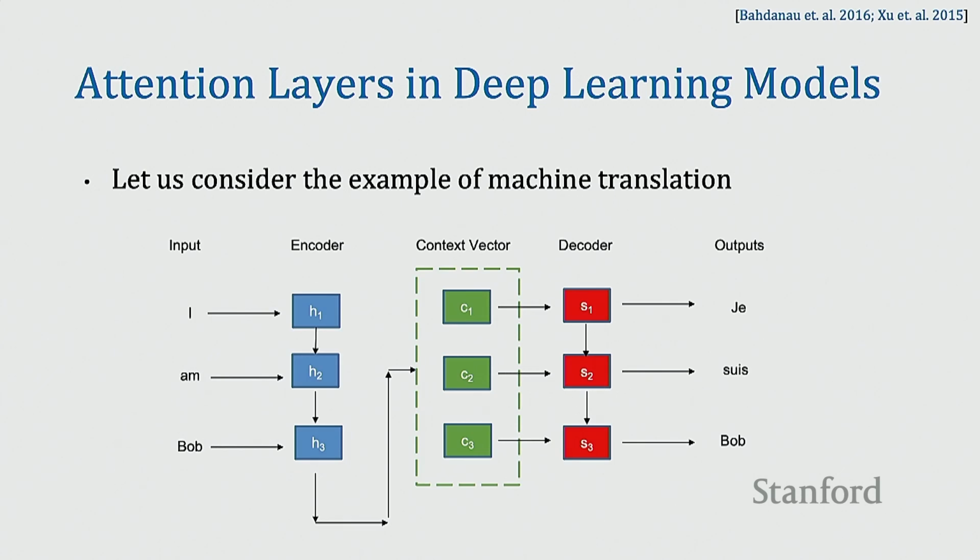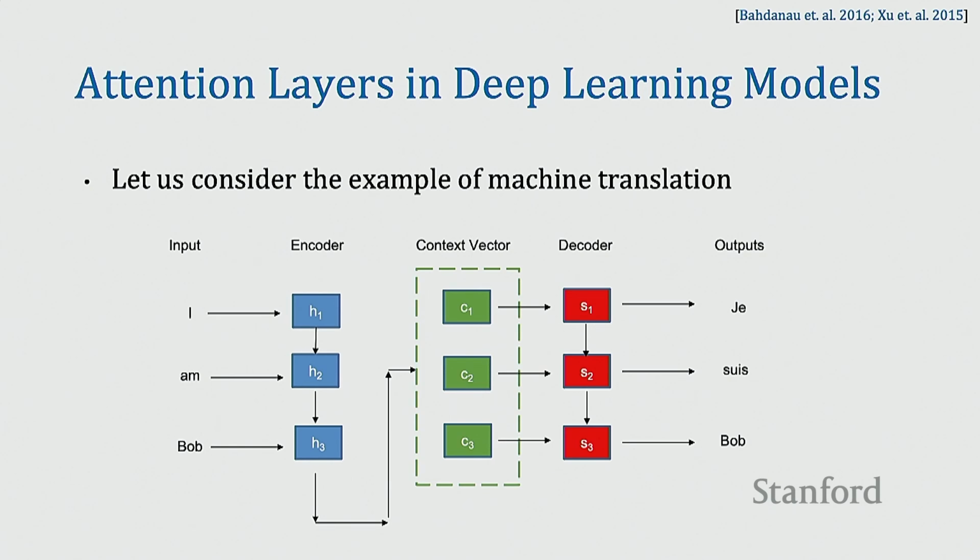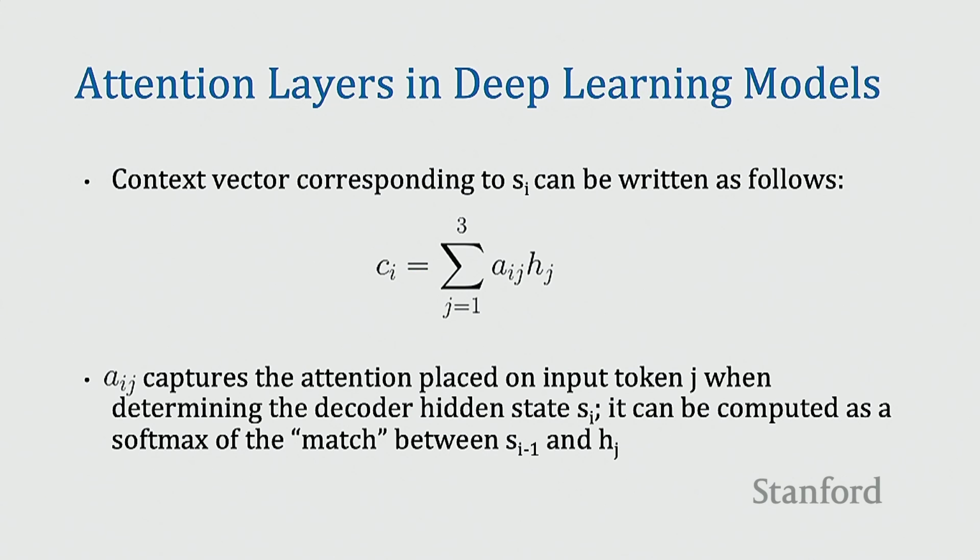So you're no longer saying, I'm just going to take H3 and all the decoder pieces will depend on just H3. What you're saying is, my context will be some combination of these 3, and I will learn what that combination is, and that combination will tell me the importance of each of the input words in generating each of the output words, right? So that's exactly what you're doing when you add this kind of a term there.